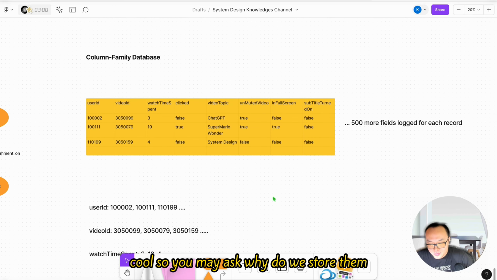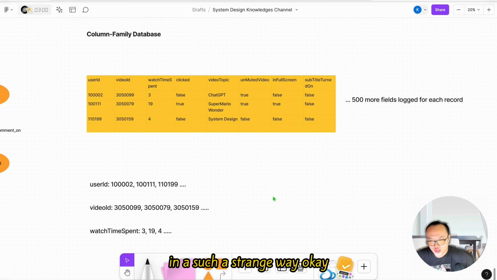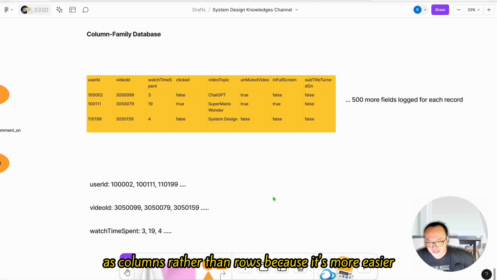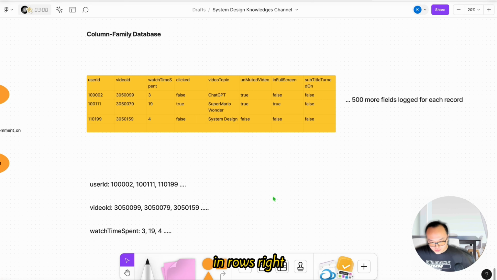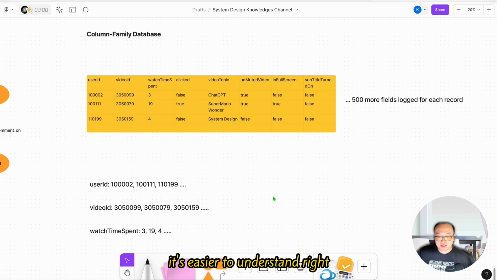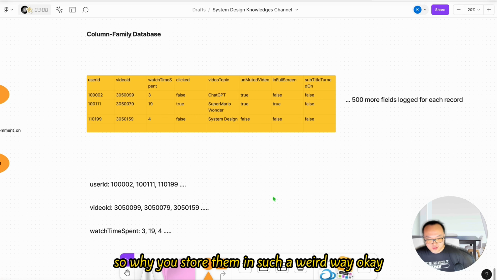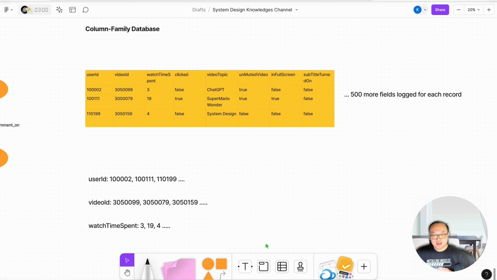Cool. So you may ask, why do we store them in such a strange way? Why do we want to store them as columns rather than rows? It's easier to understand and manage if you store them in rows, right? Because each row is an entity, each row is a record. It's easier to understand, right? So why store them in such a weird way, okay? That's because